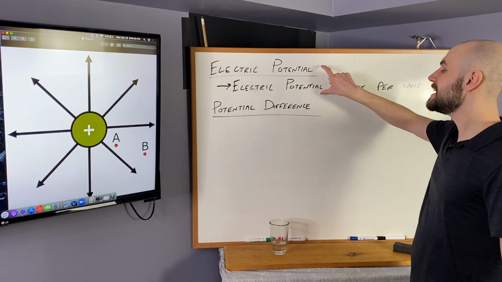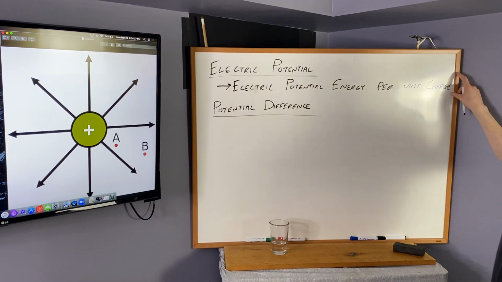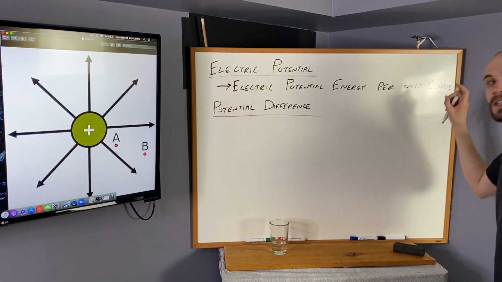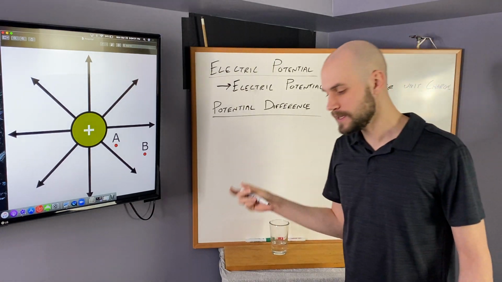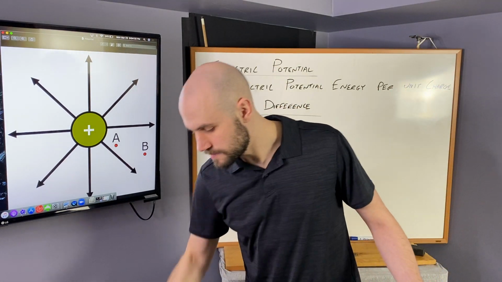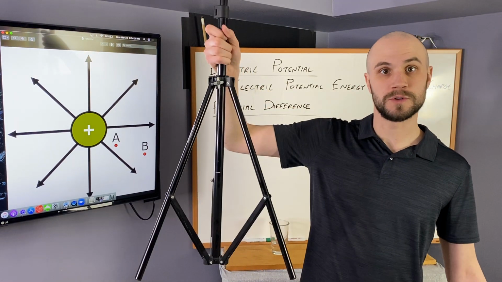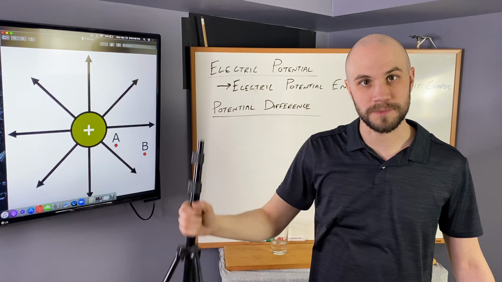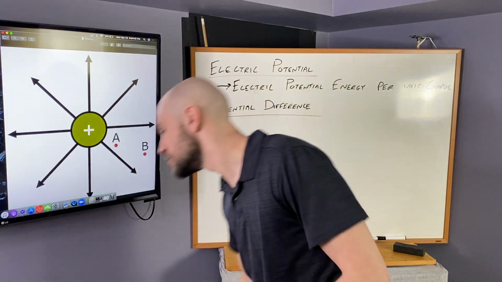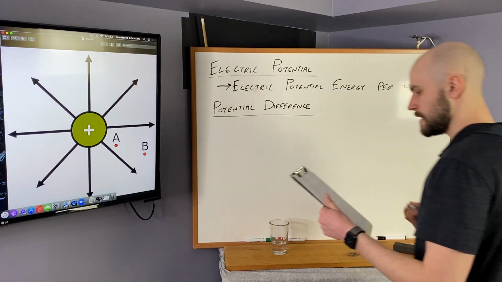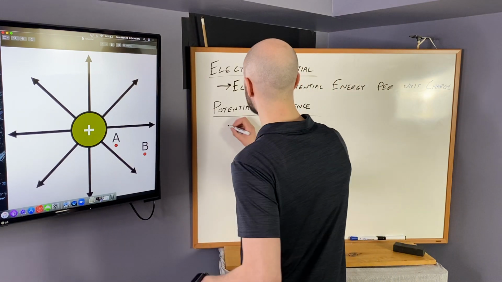So we're not usually interested in electric potential for a single spot. We want to know the difference between the two spots, right? Just like if I was holding an object some height above the earth, I'm more interested in the difference between moving those two locations than I am about just holding it in this one spot here, thinking about how much energy it could gain or lose. All right, so potential difference